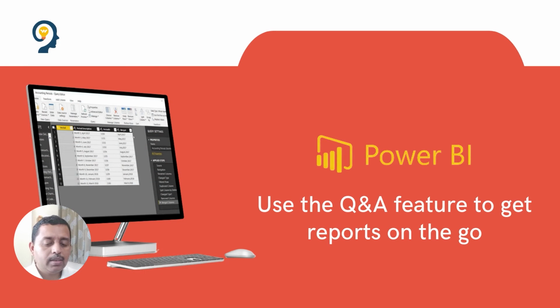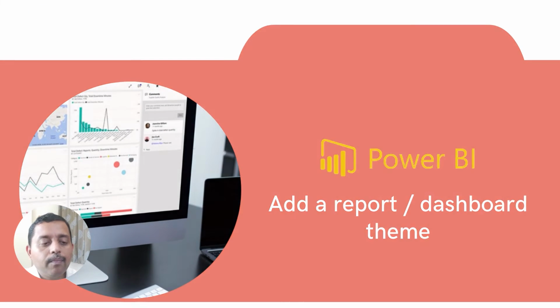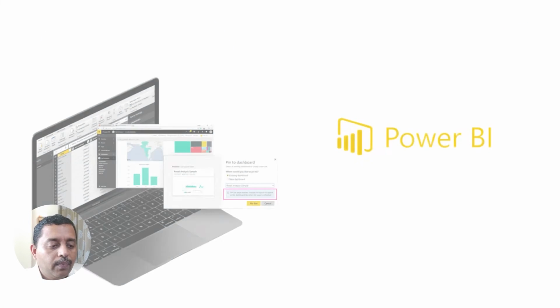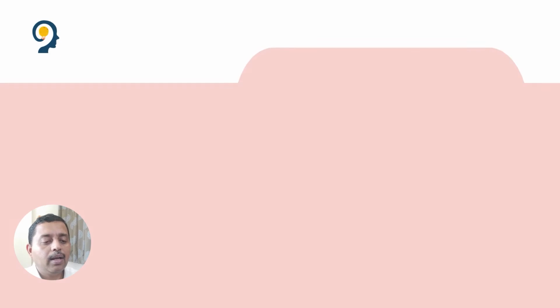Now what happens is we are going to see two back-to-back features. One is based on the Q&A, and we will talk about the theme, and we will see how to pin a dashboard and then enrich the usability and then configure the bookmarks.